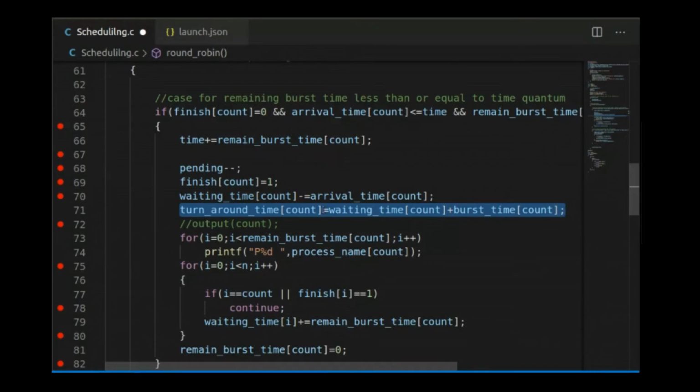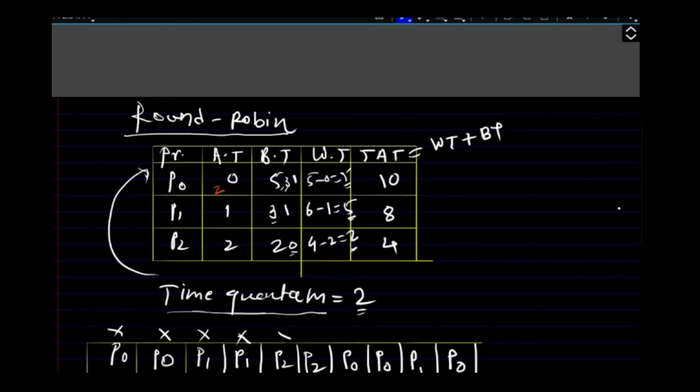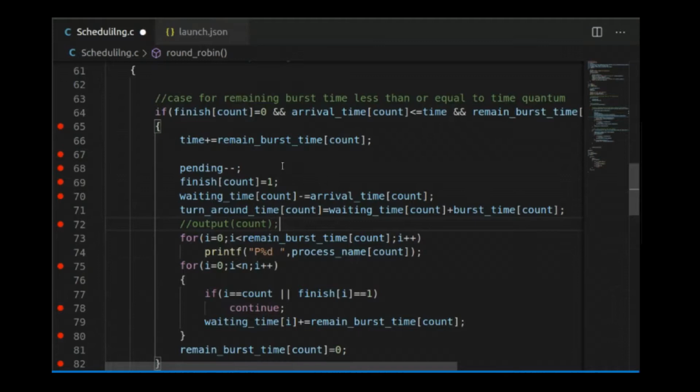Waiting time calculation we have written downwards, but here we should know that the final waiting time is calculated as waiting time minus its arrival time. Waiting time means the number of crosses, 1, 2, 3, 4, minus the arrival time. So that is the formula here: waiting time of count equals waiting time minus arrival time. Then turnaround time equals waiting time plus burst time. This is the straightforward formula.